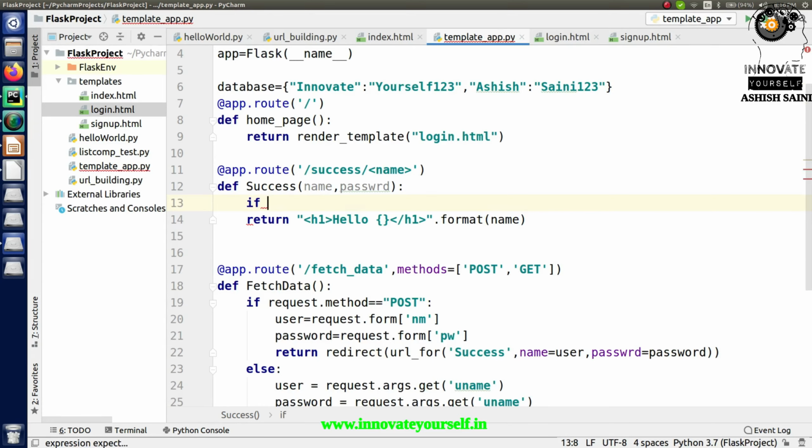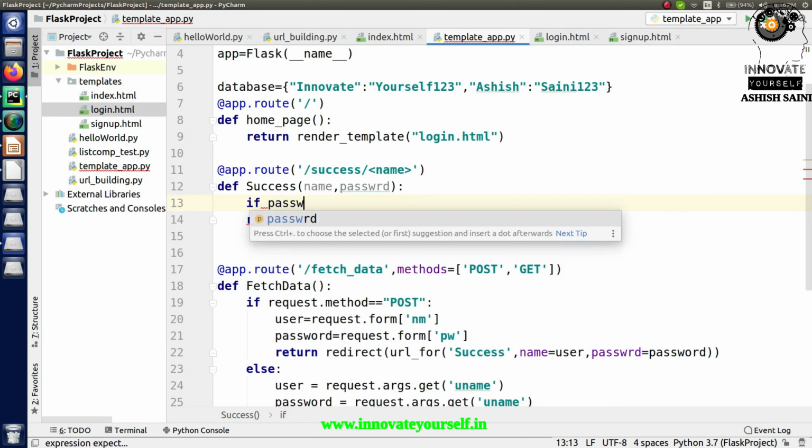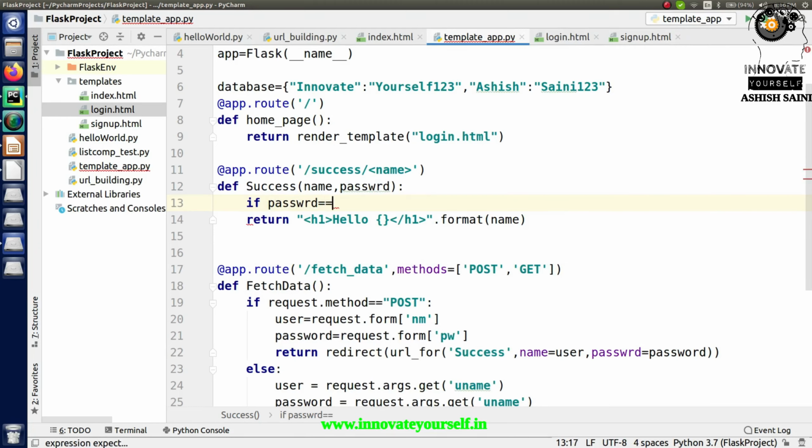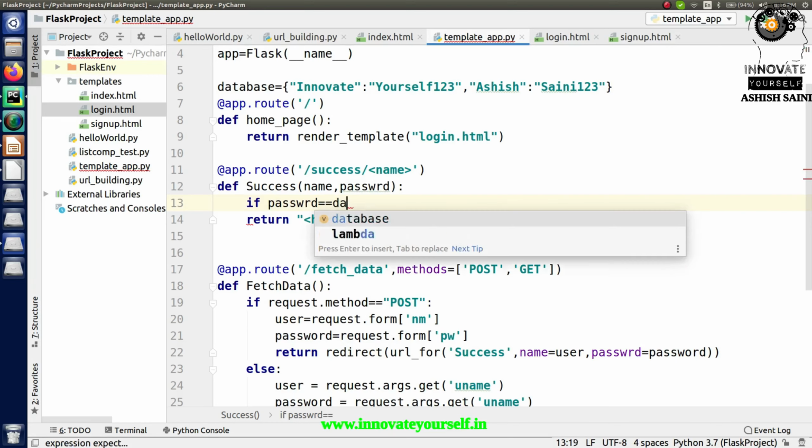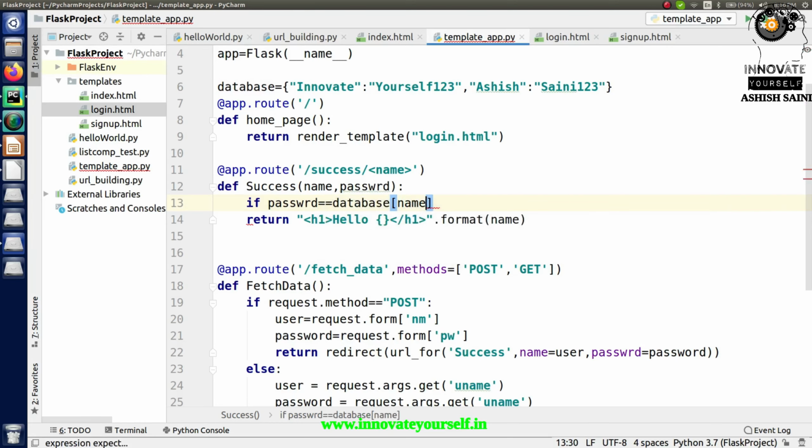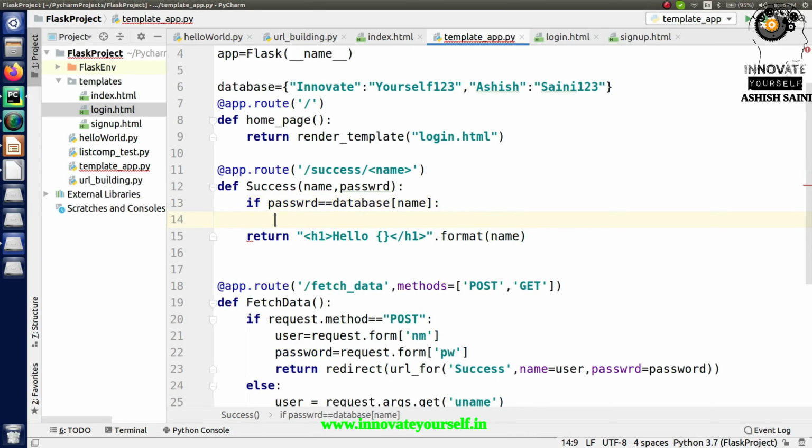Now just put a condition, if password double equal to database of name, then what you have to do, you have to return, and what you have to return, let's say h1 welcome to Innovate Yourself, right? So this is what exactly I want to display if in case everything is correct.